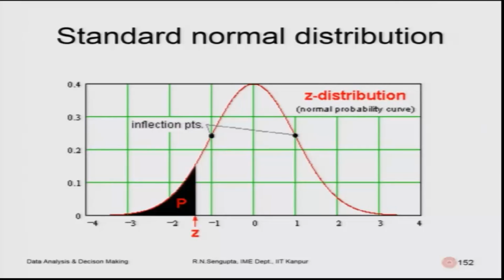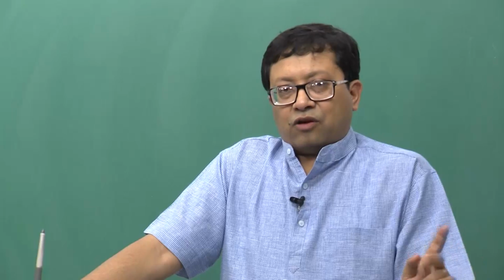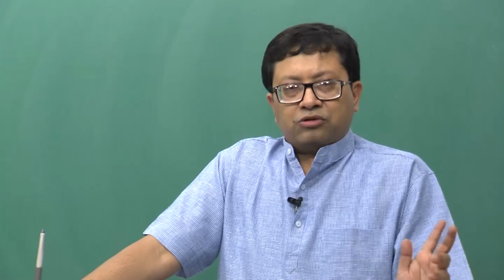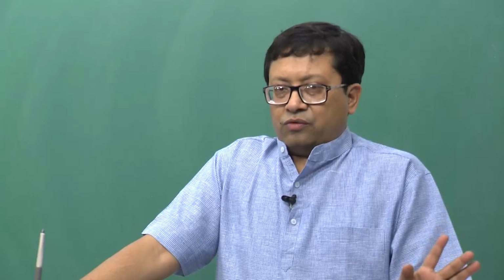Now, in the standard normal distribution, if you move plus 1 sigma and minus 1 sigma to the right and the left respectively, we reach the point at which the graph changes. What I mean by the graph changing is that dy dx at that point is changing. If I continue finding the slope, at the mean or the mode or the median, dy dx is 0, that means the maximum, and obviously the second derivative would be negative, which is why you find the maximum value.